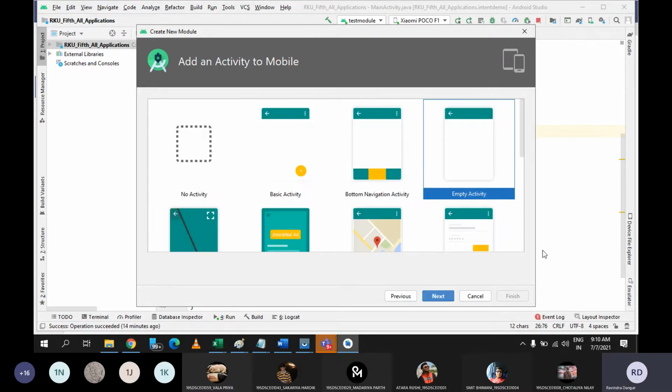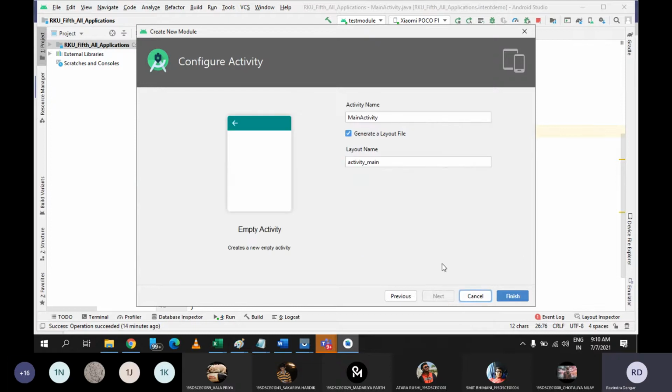So all together, let's say we want to implement something. Let me go with the empty activity. Name of the activity is main activity. I want layout file as well, and the name is activity underscore main for that layout file.